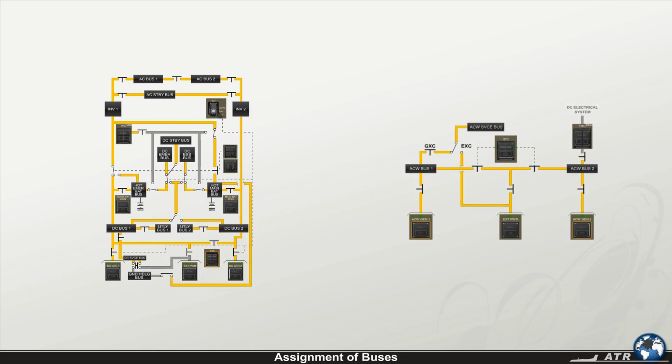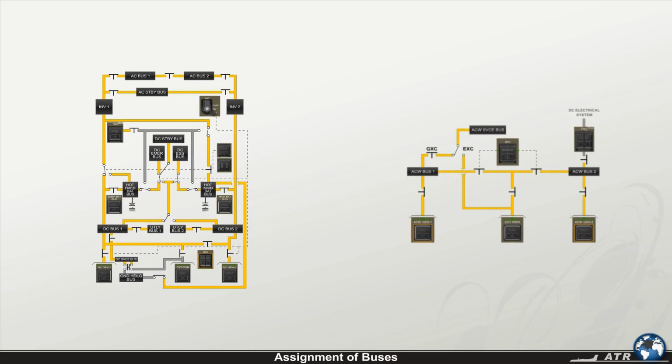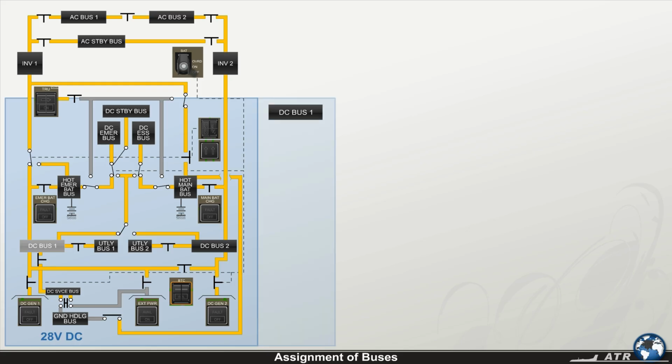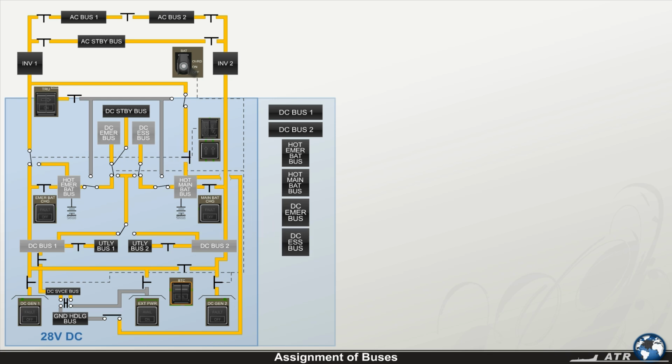For detailed lists of the systems and components which are supplied by DC bus 1, DC bus 2, hot emergency battery bus, hot main battery bus, DC emergency bus, DC essential bus, DC standby bus, DC service bus, DC utility bus 1, DC utility bus 2, DC ground handling bus,